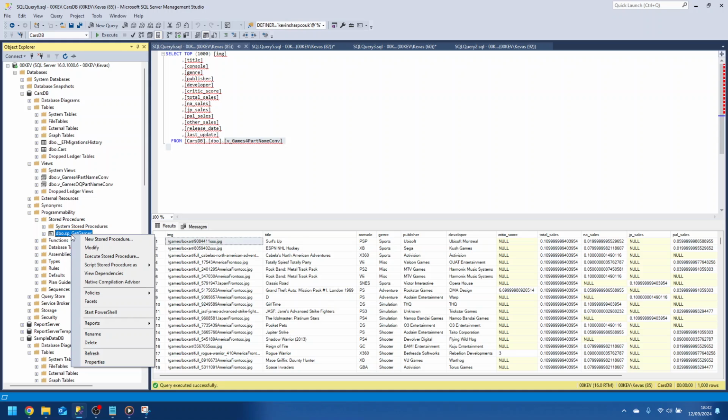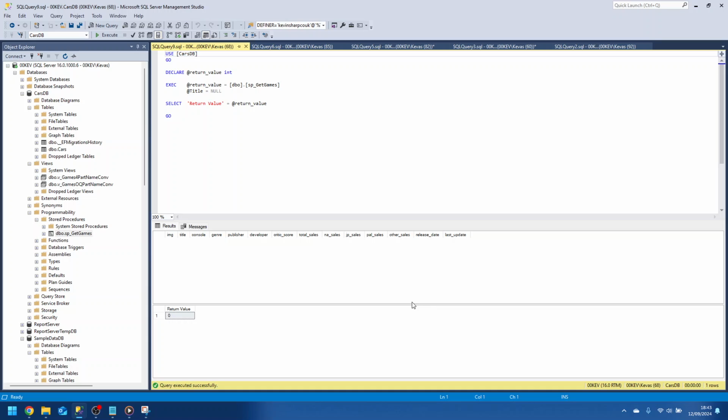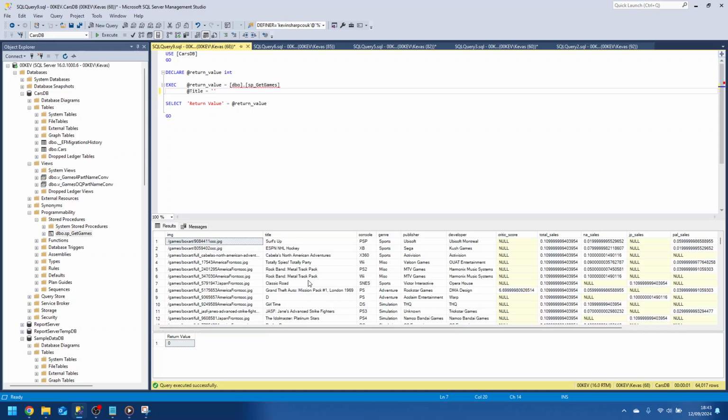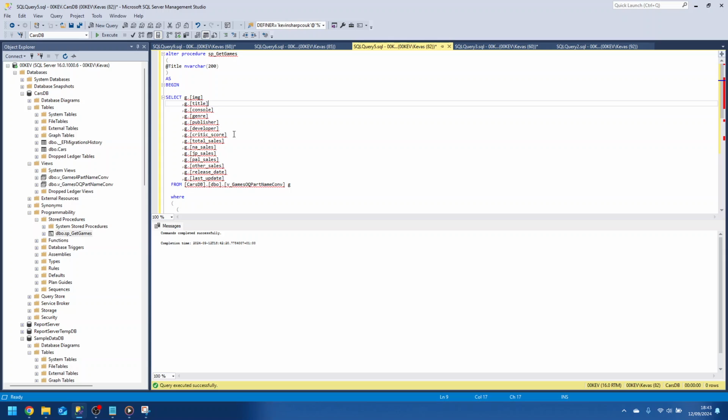Even though you're not going to put a value in it, if we do execute and pass a null value, there you go. It's because it treated it as a null, but really it has to be like that. There you go. That's all of the games it's got, and you can do a no count and all that as well on there. So if we go back to here,